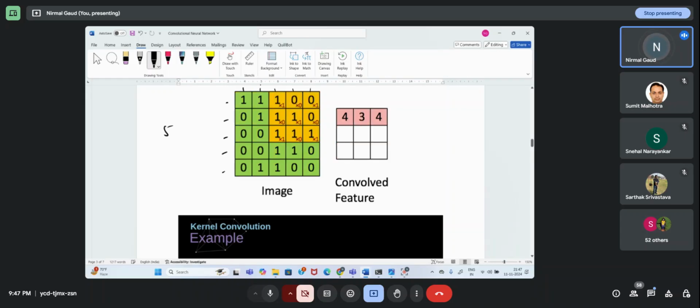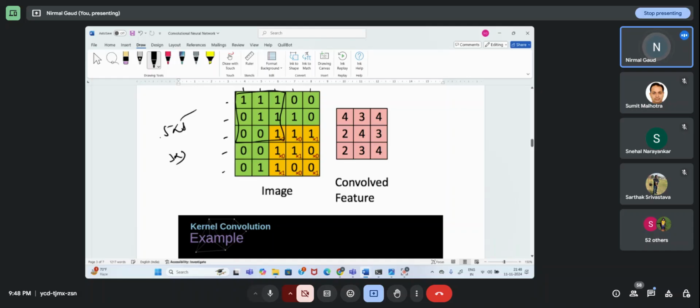So you are having an image of 5 cross 5 and a filter of 3 cross 3. So 3 cross 3 is operating over 5 cross 5. It will first work on this, and it is element wise multiplication.